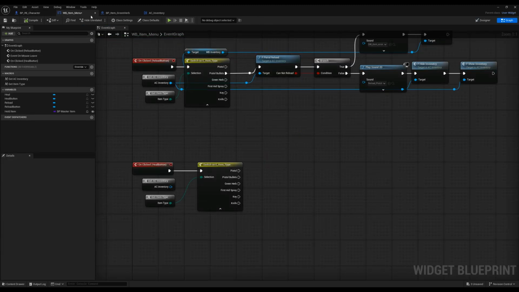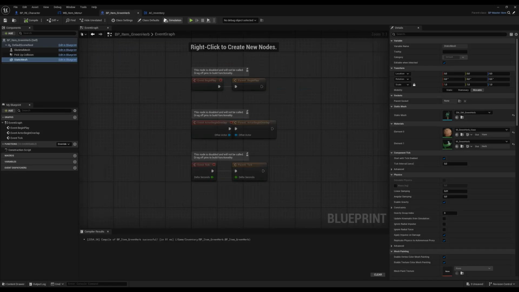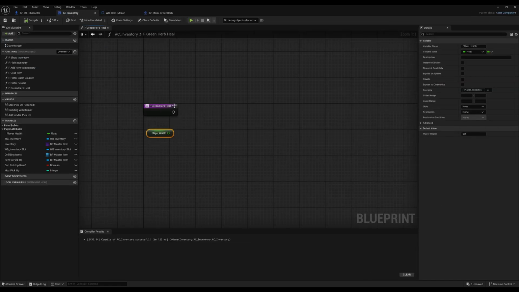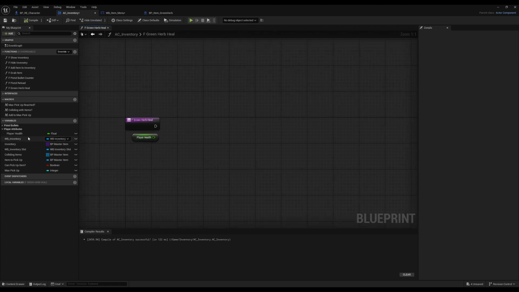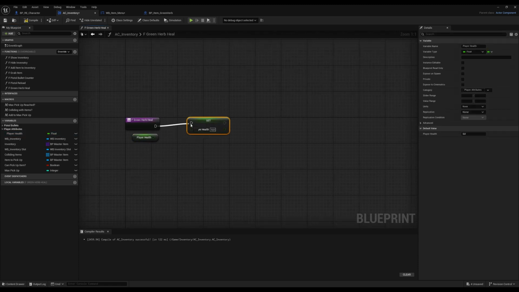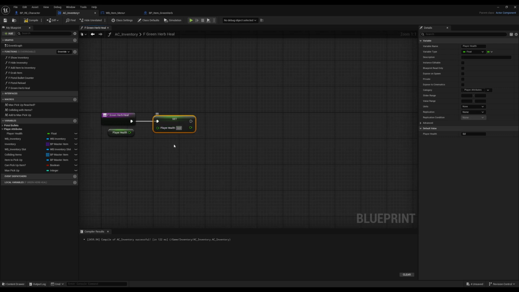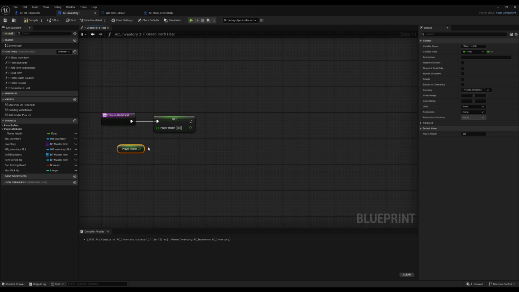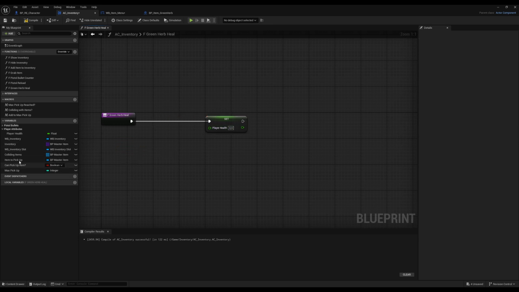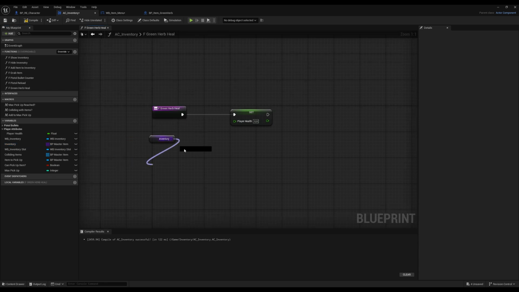So let's just concentrate and let's do the healing function. So we are going back to our AC. Now we have the player health here inside our AC and we need to set it as well. So when we get damage, our player health is always, we start with 100, and when we heal, we get our item type. So get from the inventory, just let's check if this particular item is in our inventory. So the green herb is in our inventory. If it is,